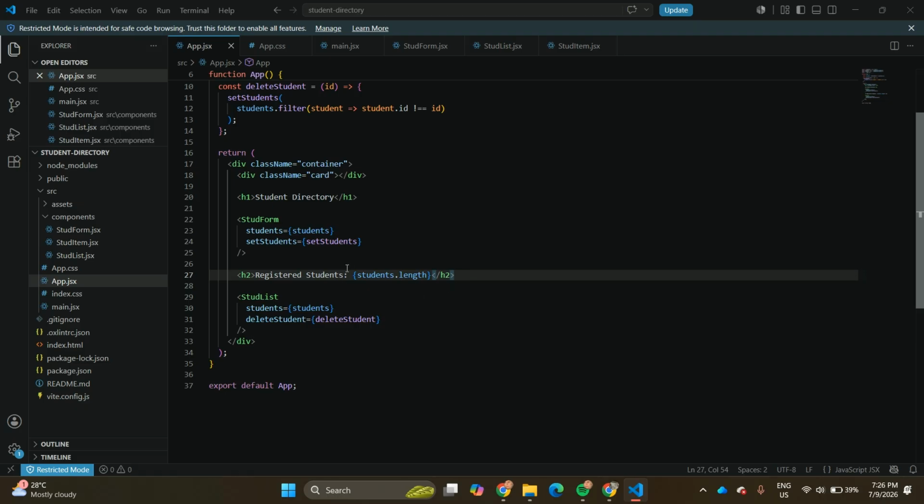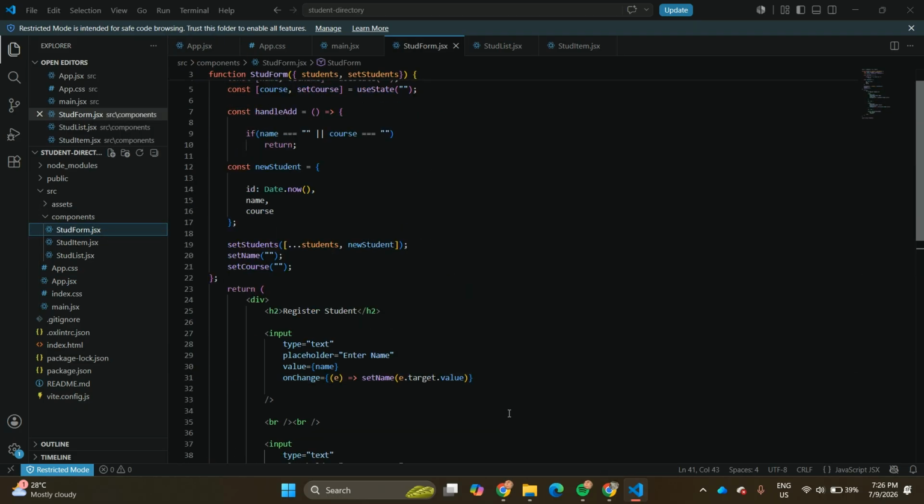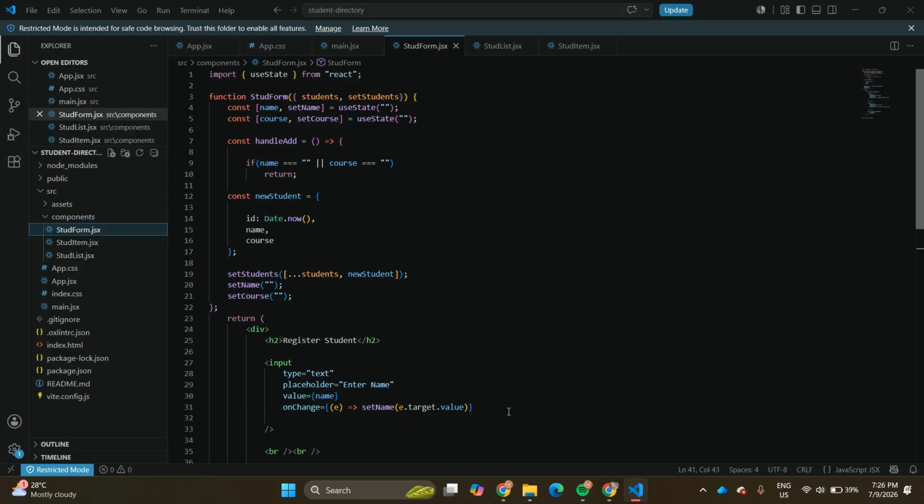So next is the StudentForm.jsx. So kanang component kay ka-contain ni siya sa ato ang registration form. So again, I use the useState para makastore na po siya sa student's name and course while ga-type ang user. So kung i-click na ang add student button, the handleAdd function